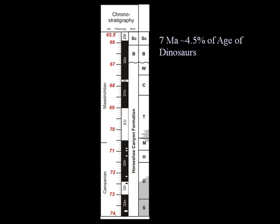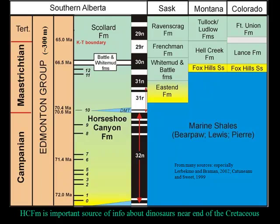When we look at the Horseshoe Canyon Formation, just concentrate on the numbers here. The top of the formation is 67 million years old, and the bottom of the formation is 74 million years old. So in that swath of 15 million years in Alberta, we've got 7 million years wrapped up just in the Horseshoe Canyon Formation, which represents 4.5% of the total age of dinosaurs. Pretty significant little package of rock in a global context if you want to understand what's going on